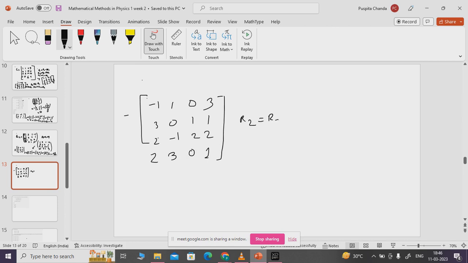So there will be R2 is equal to R2 plus 3R1, R3 is equal to R3 plus 2R1, R4 is equal to R4 plus 2R1. So that will become